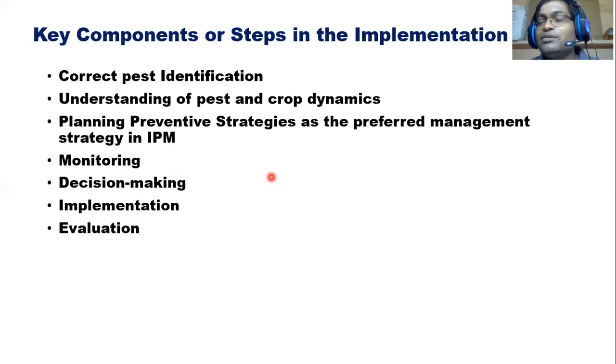If one or two are there, no need now. If one or two borer larvae incidences are there, do you take immediate action? No. Because this one or two will not cause economic damage. So, decision making: first you ask, do you need management or not? If you decide that management is needed, then you can decide which management activity may be suitable, whether cultural is okay, or whether to use a biological control agent, or whether this is beyond that level and I have to use only the chemical option.